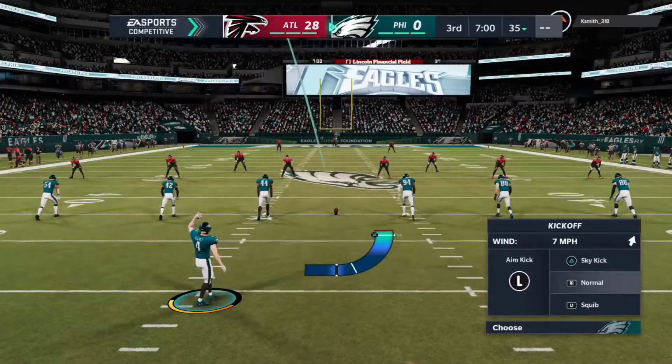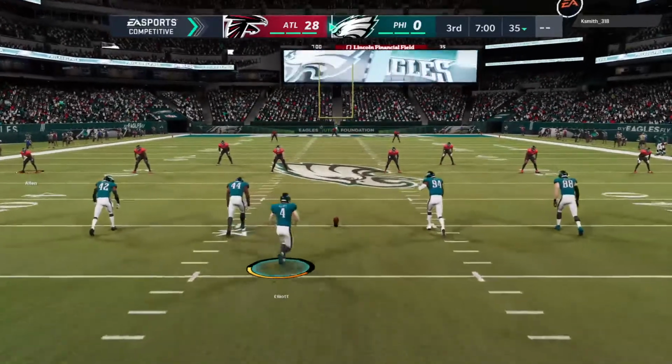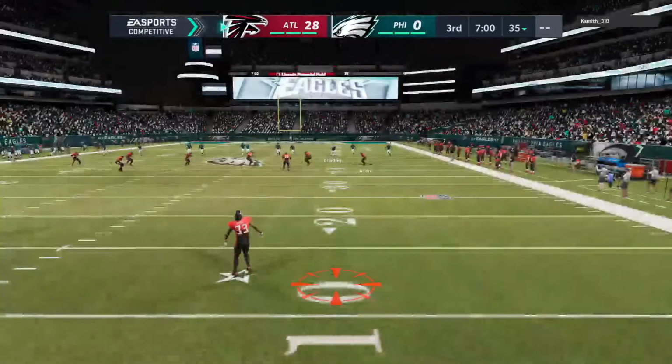As we'll send you down the coast now to Orlando, that's where we find Jonathan Coachman, ready with our EA Sports Halftime Report. Coach,